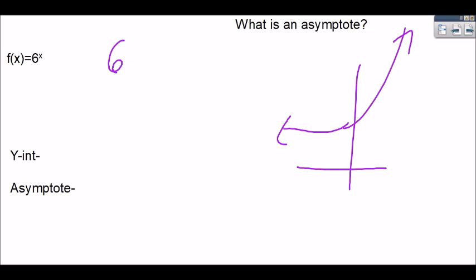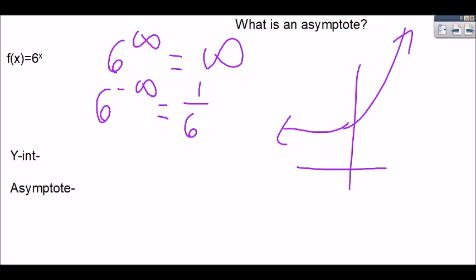So I say 6 to infinity. Well, that's just going to equal infinity. But if I say 6 to negative infinity, I don't have negative exponents, so it's going to be 1 over 6 to infinity, which is going to be 1 over infinity, and 1 divided by infinity is going to get really close to 0. But it's never going to get perfectly to 0. Even though this is a really large number, it's never going to be perfectly 0. So an asymptote is the wall which it gets really, really, really close to, but never touches. So our asymptote